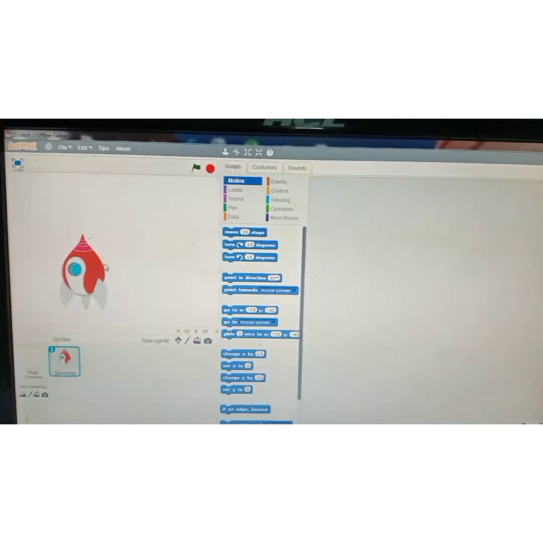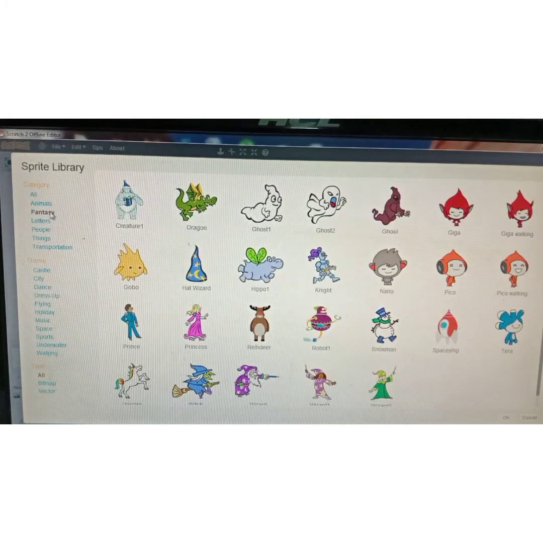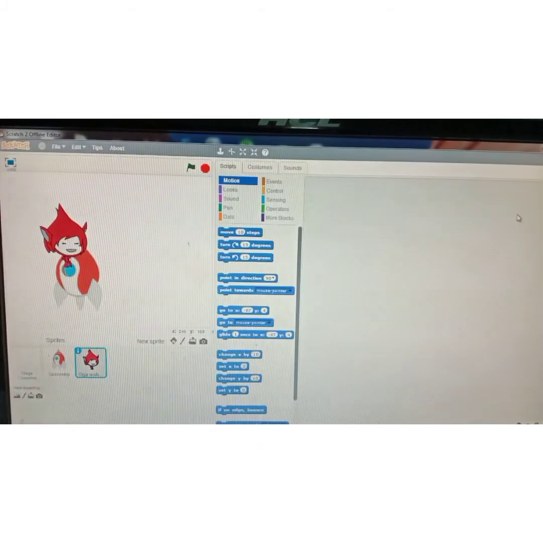Okay, next I need 1 astronaut, so the same steps, I will click on this choose sprites from library. You won't find the astronaut pictures in the library, so I will just click on fantasy and use different sprites. Okay, for astronauts I'm going to use Giga walking. So this is our